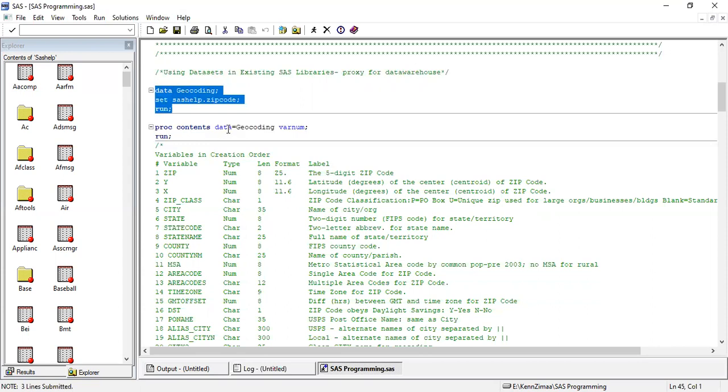Proc contents data equal to, you write here the data set for which you want to run the contents procedure. I have added one additional option here called varnum. It will line the variables in the way they are actually existing in the data. Otherwise, it will automatically sort the variables in alphabetical order. So let's run this.